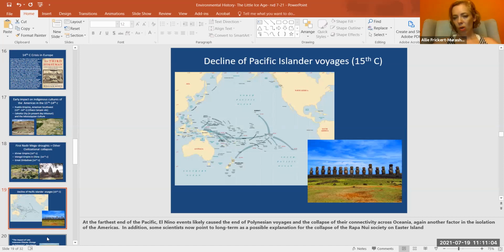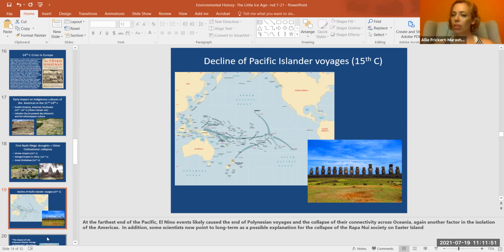Pacific Islanders. So, what happened in Easter Island? Easter Island became totally isolated. That's probably the best example of that. But we could look at Pacific Islander culture in general. We see a major surge of ocean-going voyages around the 11th century, and Pacific Islanders, originally Southeast Asians, are setting off on these major voyages. They're charting by the stars, just really incredible feats of navigation of the Pacific. You probably know from Moana, wayfinding, but that's a real thing, and it allowed this massive network, this expansion of Pacific Islanders